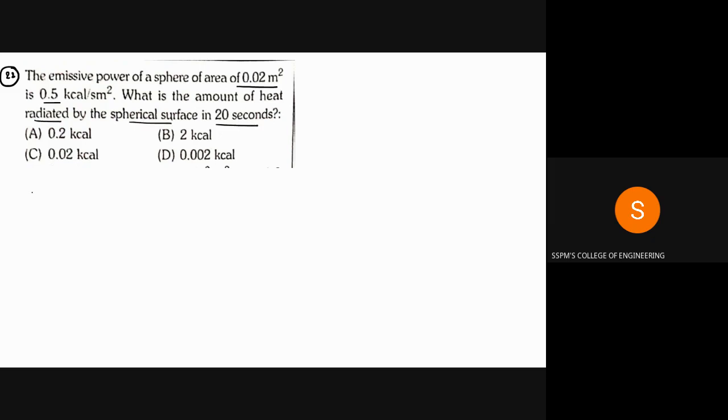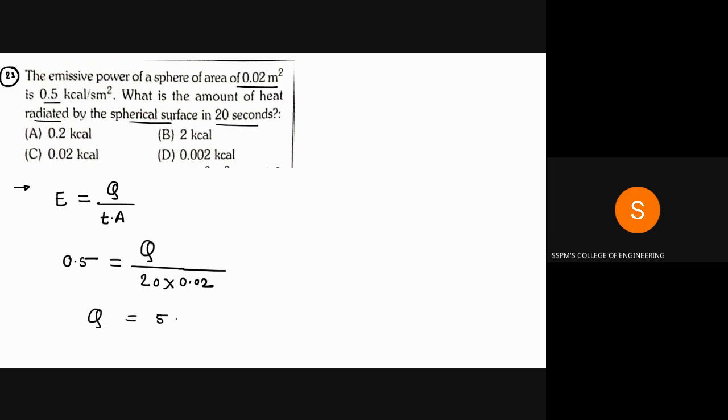Okay. So heat radiated we can determine by the formula of emissive power. Emissive power is equal to heat radiated divided by time into surface area. This value is given as 0.5 kilocalorie per second per meter square. This is equal to heat radiated divided by time, which is 20 seconds, into surface area, which is 0.02 meter square. So Q is equal to, this is 0.5,